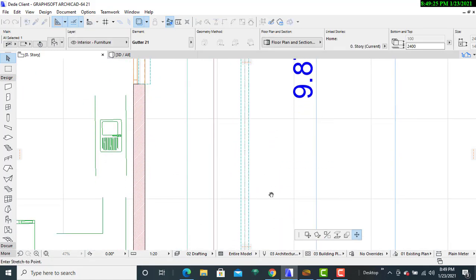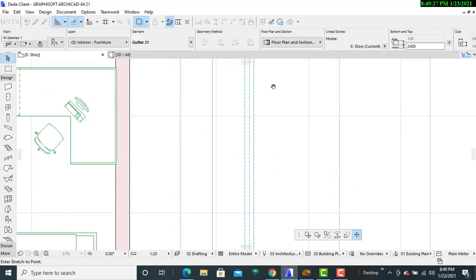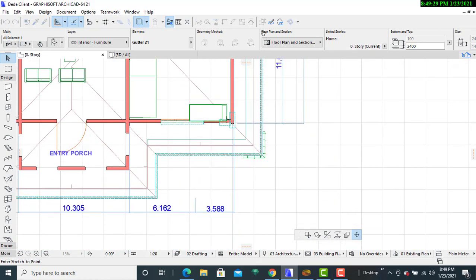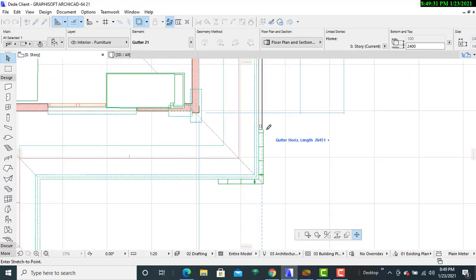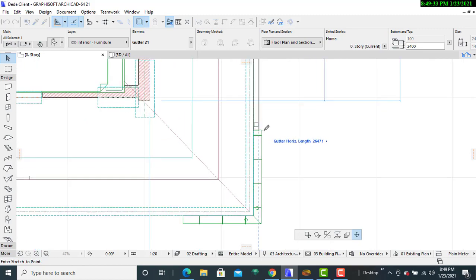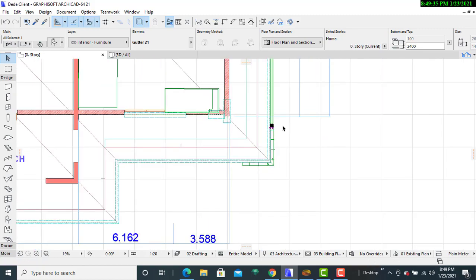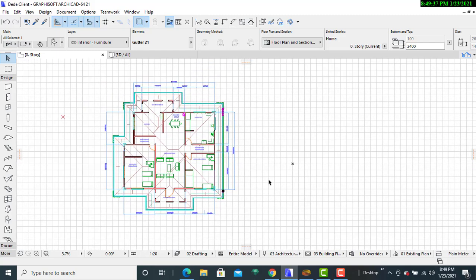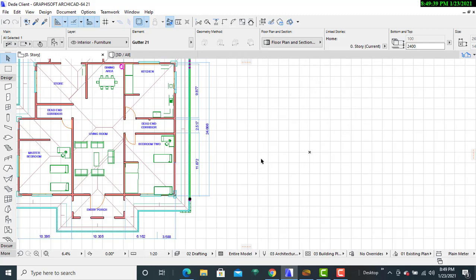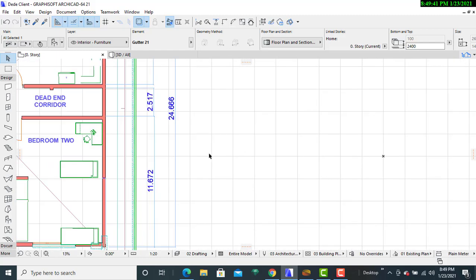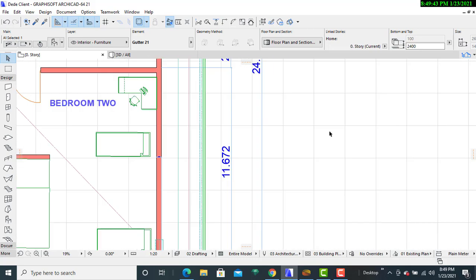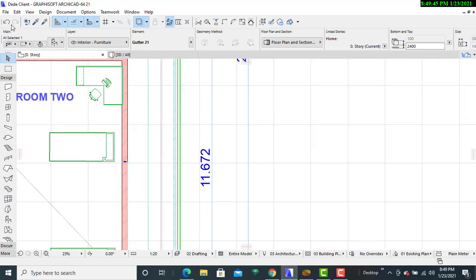Sure, I extend it all the way to the latest part of that gutter, but that will be a lengthy process. So I believe for us, because we need to save on time, we can discard that process. But ideally, it is one of the ways of ensuring that you have a continuous gutter system all the way